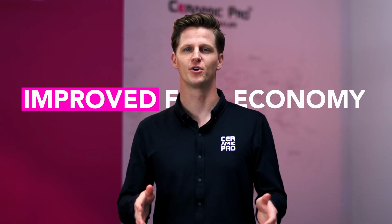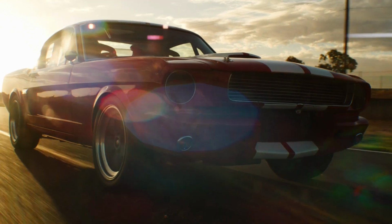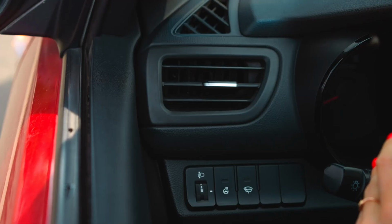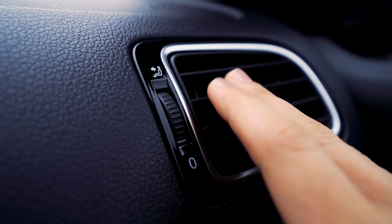Reason number four, improved fuel economy and battery range. Whether your car is a traditional combustion style engine or an electric vehicle, a lot of the energy spent is on climate control, which is keeping the cabin of your car a comfortable temperature. So whether it's heating in the winter months or cooling in the summer months,